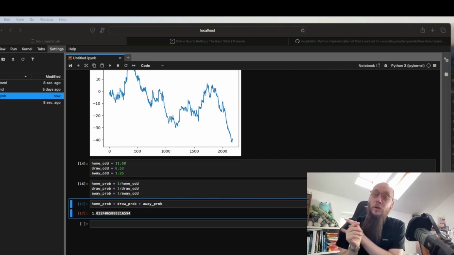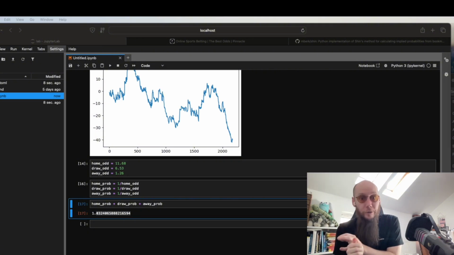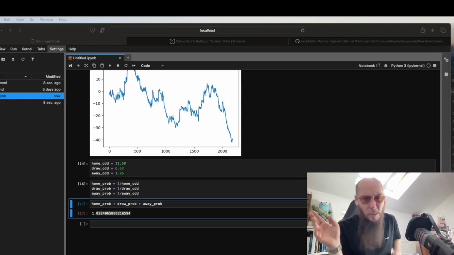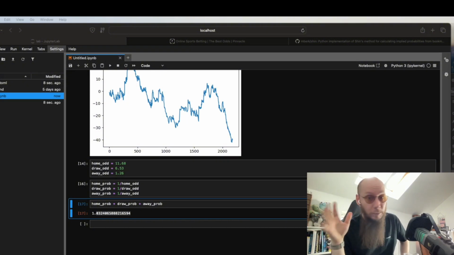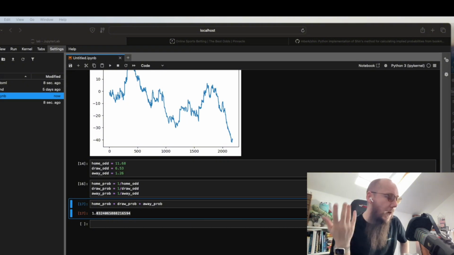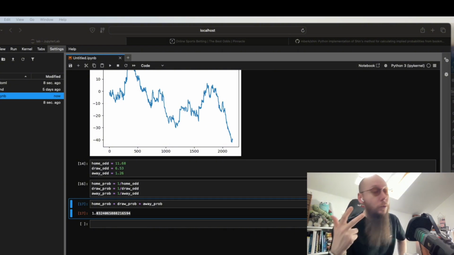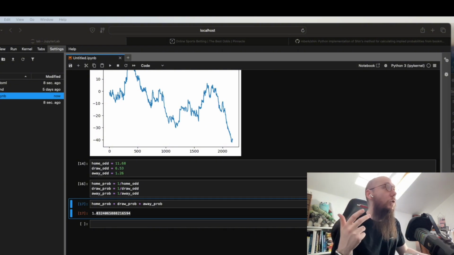Then you can assign it in proportion to the odds. Because of long shot bias, which is a whole thing that you can research for yourself, or we'll make a video about it sometime, people prefer to bet on longer odds. People just like it, all right? And so bookmakers assign more overround to longer odds for two reasons. One, to make it more profitable if they pay out, and secondly, to restrict the amount that they're going to pay out anyway. And then thirdly, you can use what is probably the most complicated method, which is called Shin's